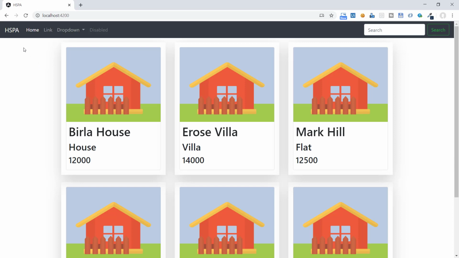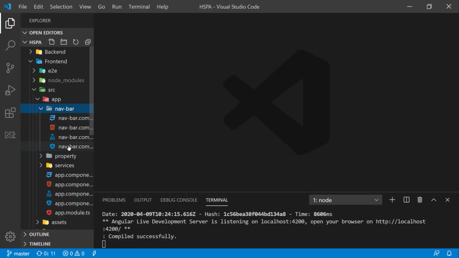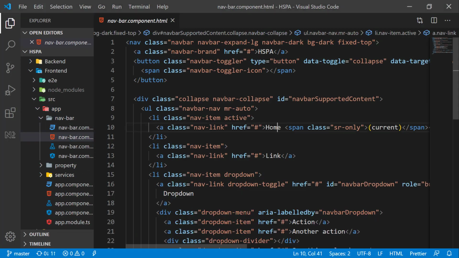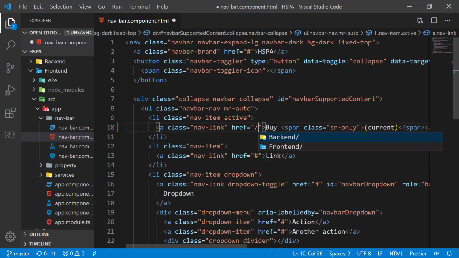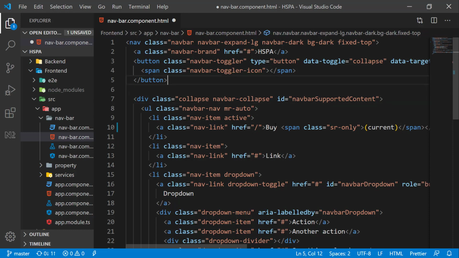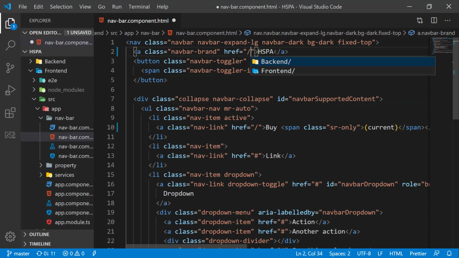So first of all, change this menu to add the links related to our application. Go to the HTML template of our navigation bar component. Rename this home link to buy and set href to slash to make it a root level URL. Also change href for our brand link.